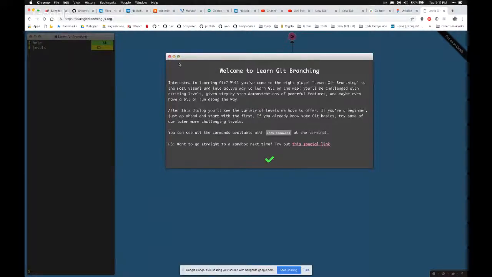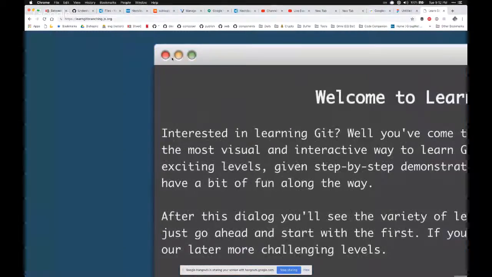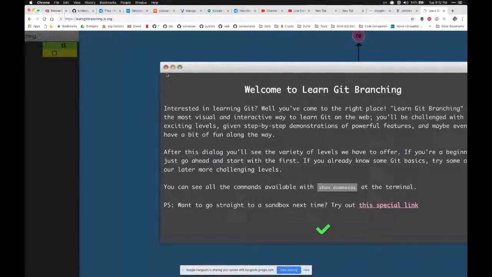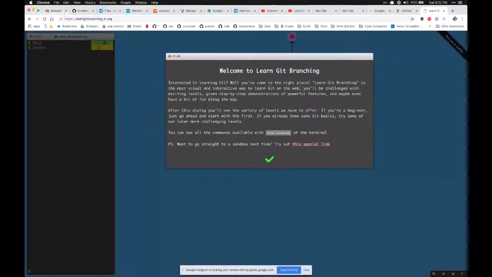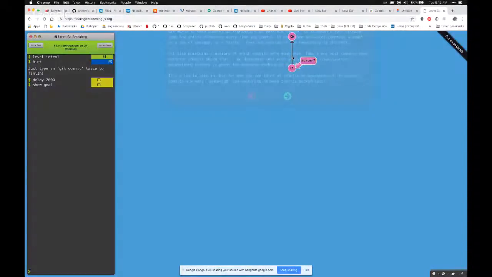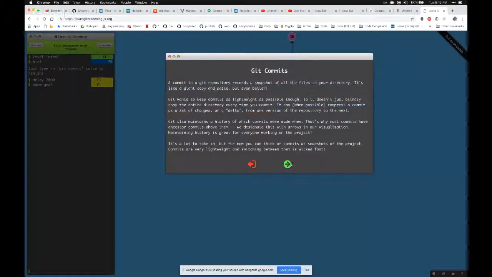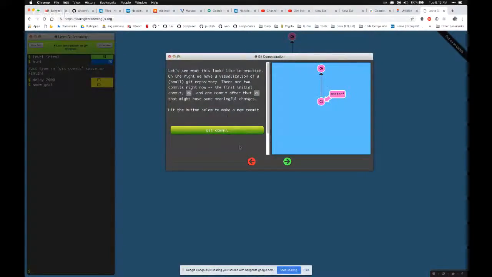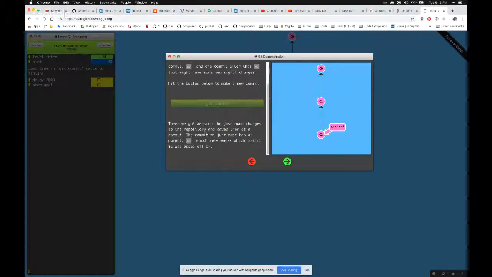I don't know if they still use my CSS, but previously they had these as just flat colors, and I thought you could make them look so much nicer with some CSS, so I added that. Very skeuomorphic, shiny buttons. This whole thing is an introduction to Git commits, for example. You choose this and it tells you what a commit is. When you type git commit, it shows that your master branch moved, and tells you the effect of that.